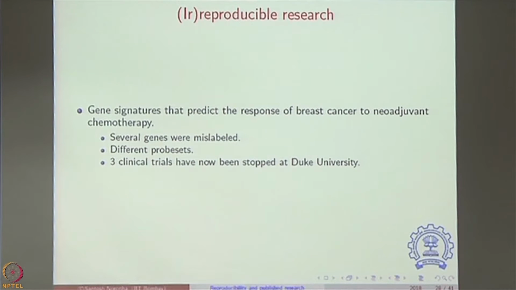There have been several such things. You start going through literature, you will see these things. You know, it's not something conventionally that journals publish. So, this is published elsewhere. Some of these ironically are published in blogs. They are not published necessarily in journals. There have, for example, been studies on looking at gene signatures predicting the response of breast cancer to chemotherapy. Okay. And in this case, the problems are even more ridiculous.